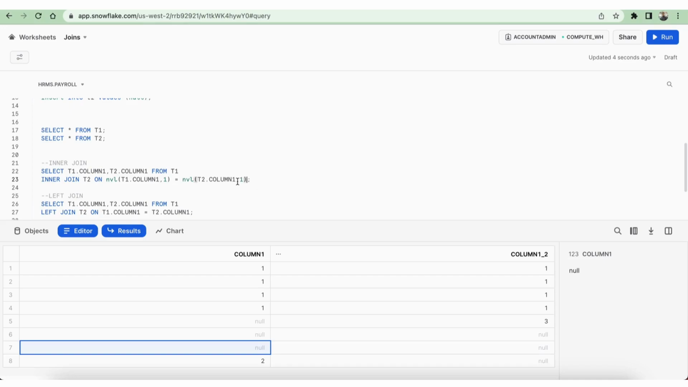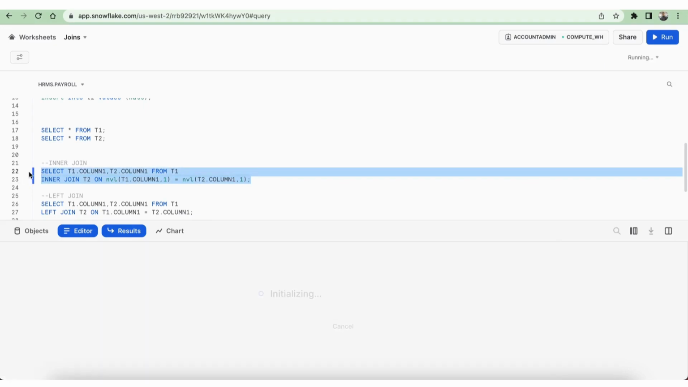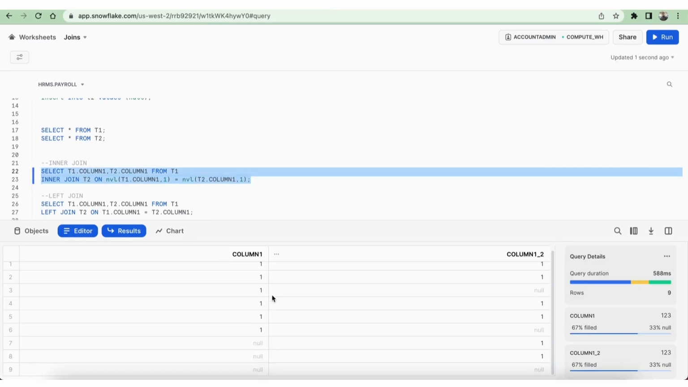In this case what will happen, if the column value from the first table is null, it will assign a value of 1. In a similar way, in the second table if the value is coming as null, it will treat it as 1, so 1 equal to 1 it will match. So if I run this one, you can see,